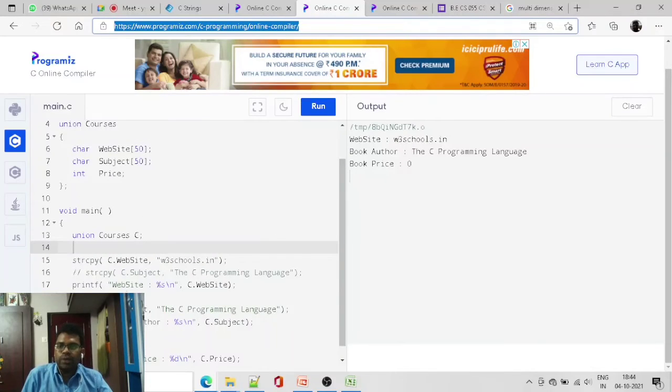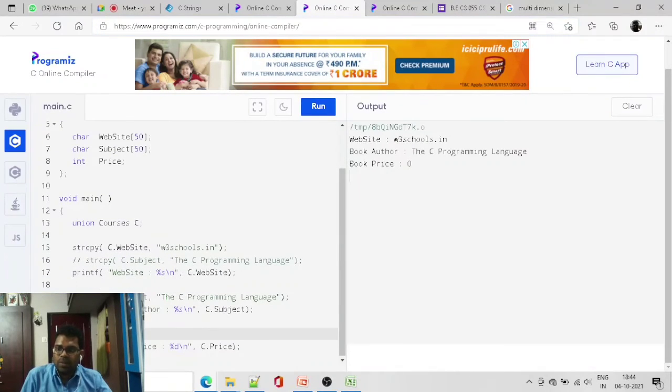This is the union program. So what's the major difference? As I already told, a union can hold only one piece of information at any point of time. Look into this program.